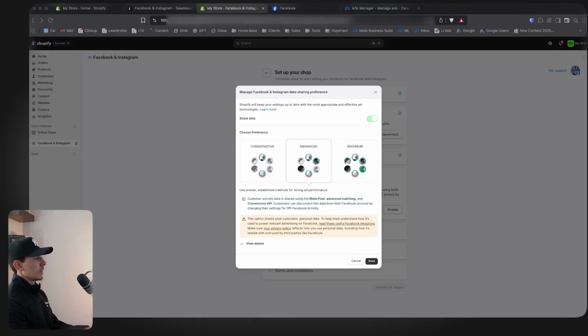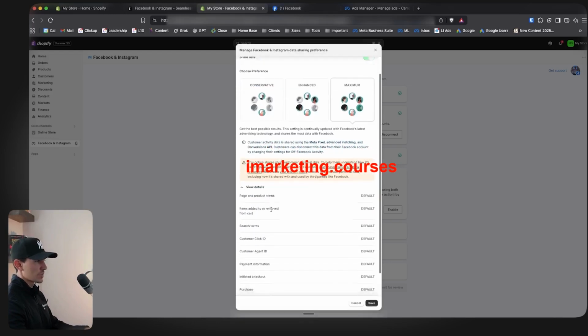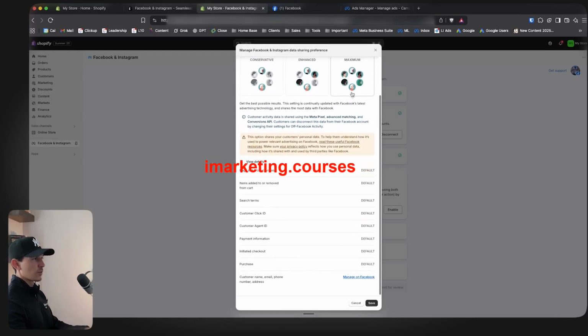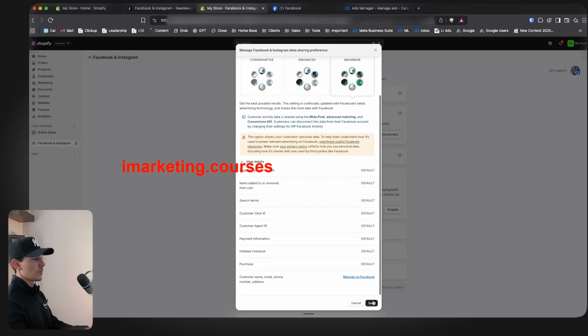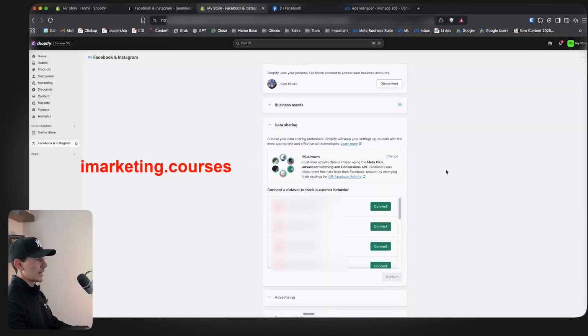Okay, this is where things start to get important. This is where the first couple of steps, even if you've set this up years ago, this is where it starts to become more veteran type stuff. You want to always share data, and you want this to go maximum. If you do not go maximum, you are literally just sharing less information to Facebook's Conversions API. You always want to go maximum. We want as much information as possible. The reality is everyone does maximum, and by doing anything under maximum, you are going to get less information into your Conversions API. So we're going to click connect there, and then you need to then select a data set